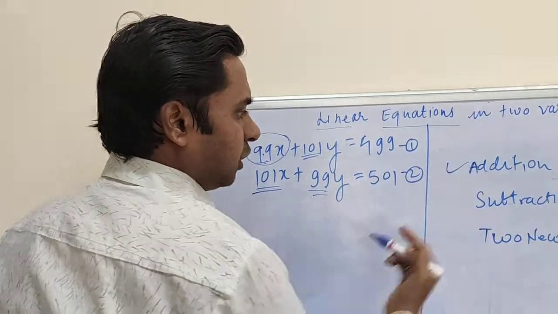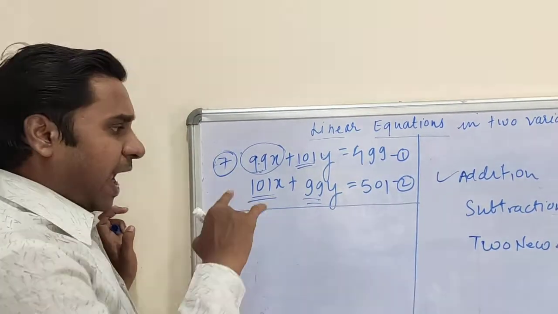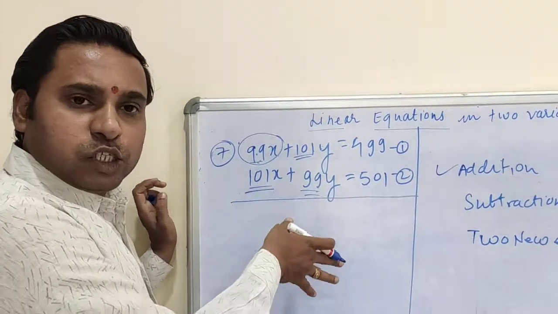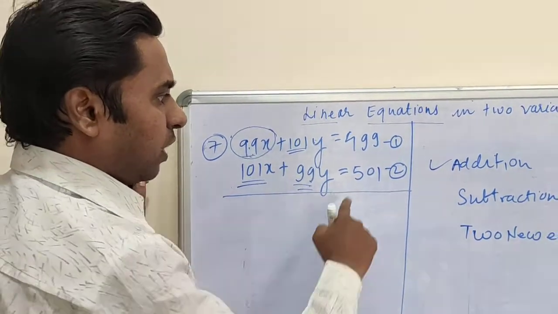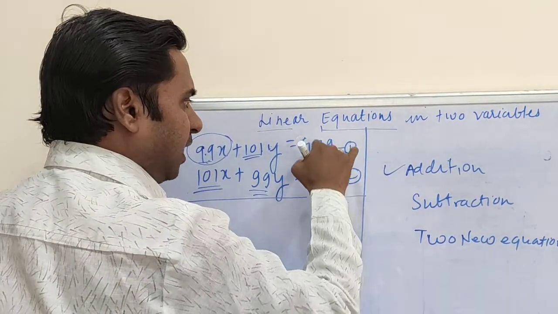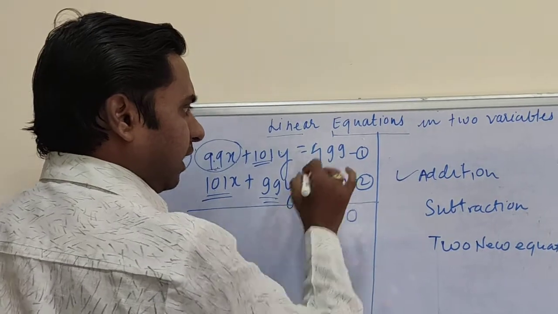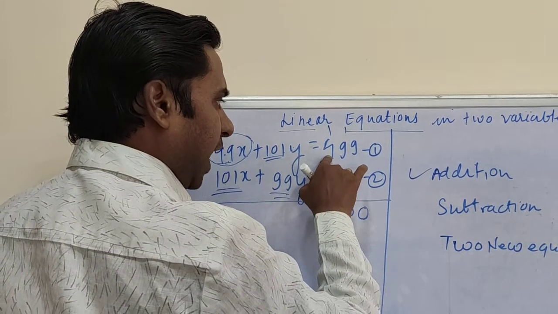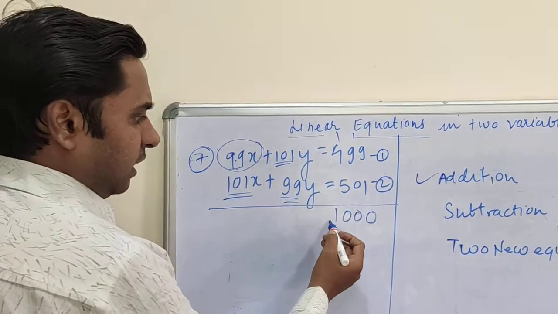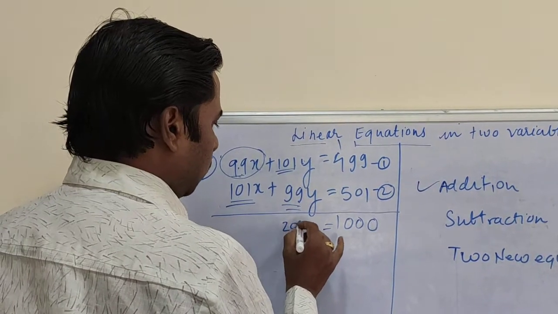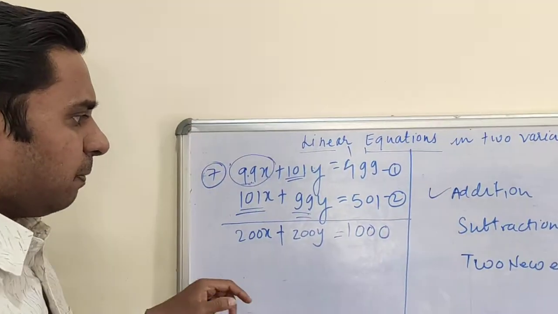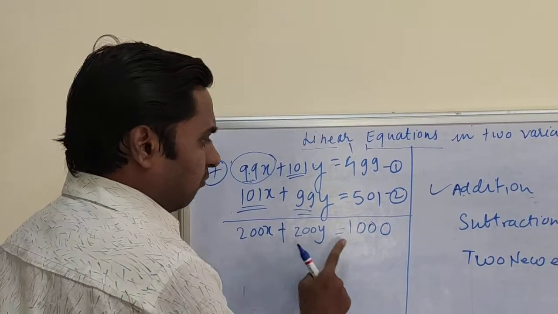Now first is addition. By adding equation 1 and 2. I am not writing it, you write on your own, because space is less over here. So I am directly doing the addition. Now 9 plus 1 equals 10. Carry 1. Then 9 plus 1, again 10. Carry 1. Then 5 plus 4, 9. 9 plus 1, 10. So we have 1000 this side. Then this will be 200y. This will be 200x. So through addition we have got one equation.